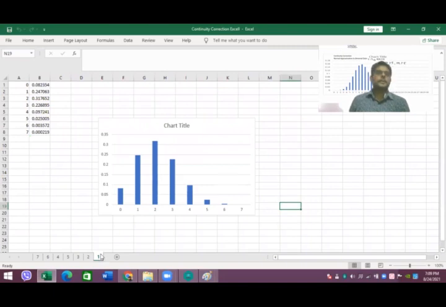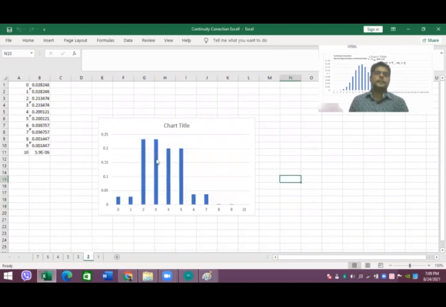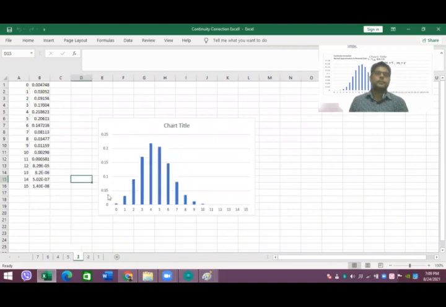So let's summarize the thing. When n was 7, it's very far away from the nature of the normal curve. When you further increase n, then it is getting closer and closer to the normal curve. Now it has been further increased to 15. You can see that the shape of the normal curve, if you consider from on top of each bar, you can observe that as if it is trying to take the shape of the normal distribution curve.